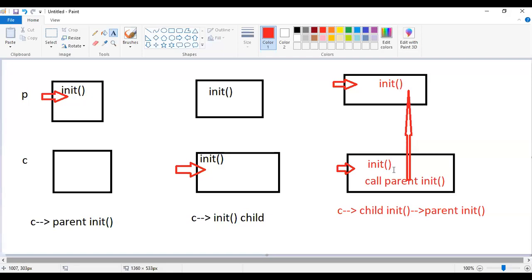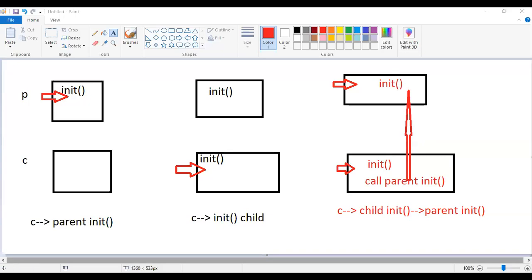So 30, 30. Now here it is also possible to execute both the constructors, that is the parent constructor as well as the child constructor. By default, only the child constructor will be executed. If you want to execute the parent constructor also, what you have to do is, from your child constructor, write the code to call the parent constructor. For that, we have the super method dot underscore underscore init, and we mention the number of parameters that your parent constructor is taking. Right? So hope it is clear to everyone.